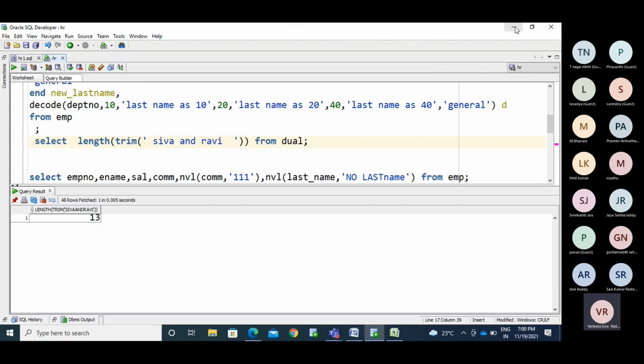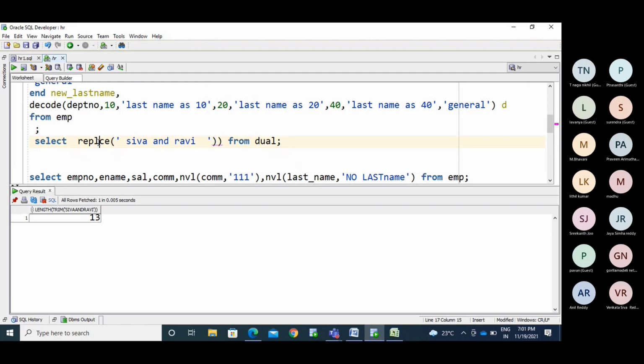So replace and translate. Wherever we have Shiva, I need to replace it with Mahesh.